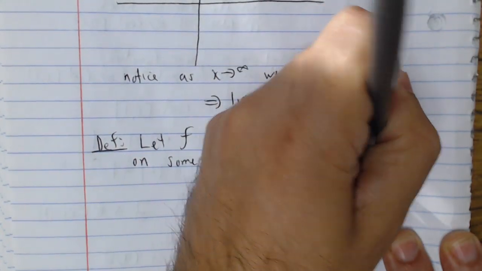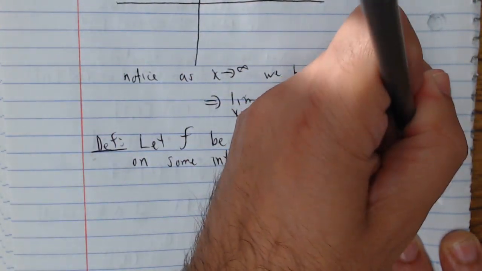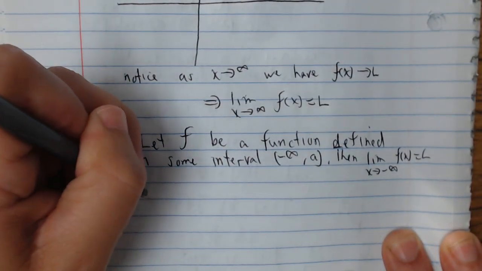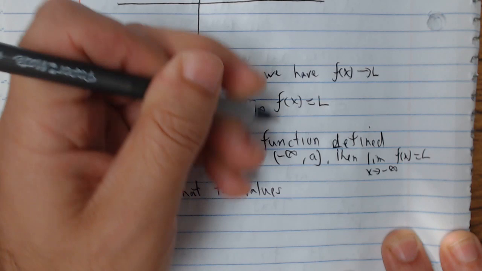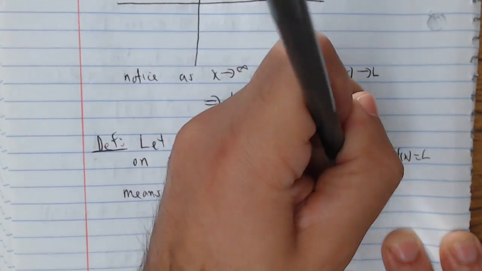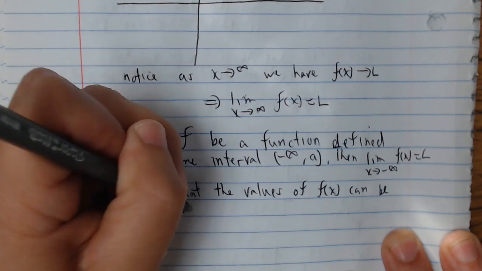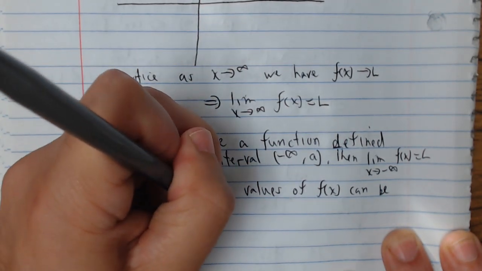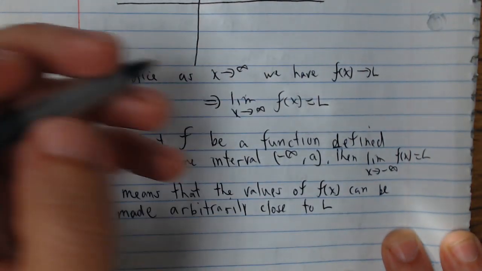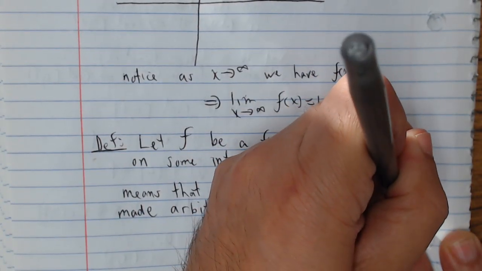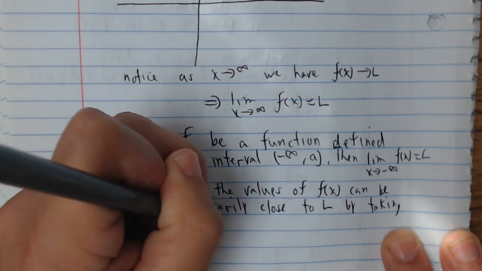Then the limit as x goes to negative infinity of f of x equals L means that the values of f of x can be made arbitrarily close to L by taking x sufficiently large